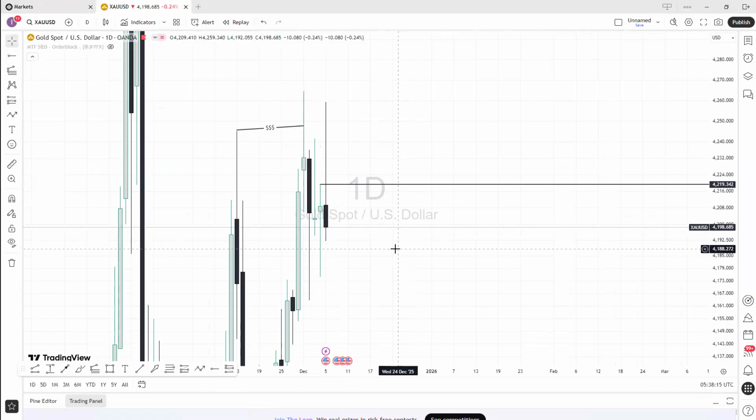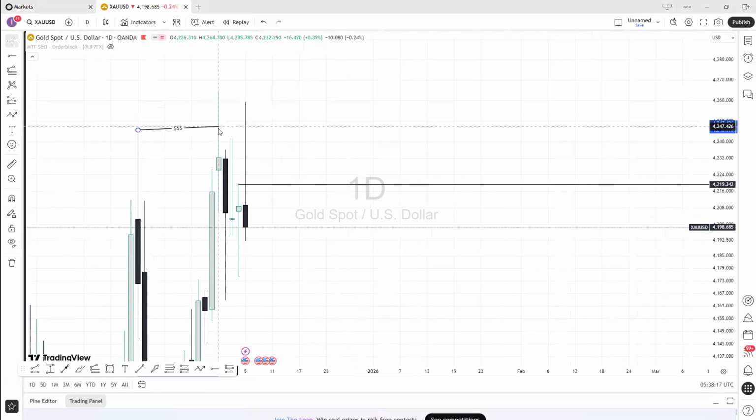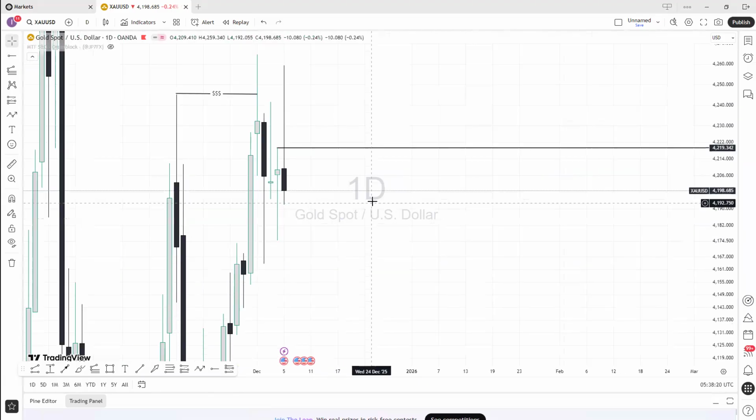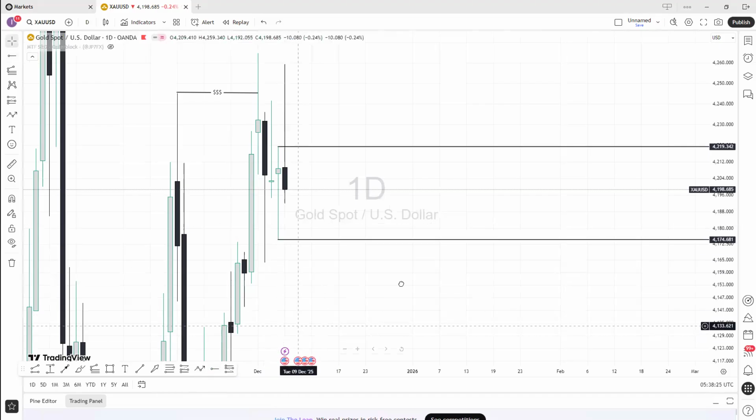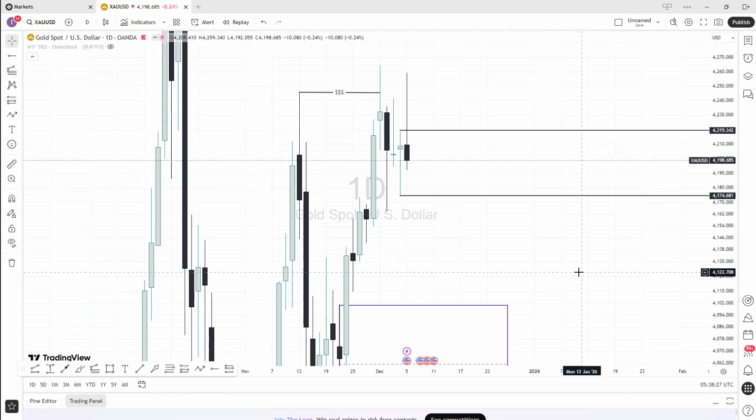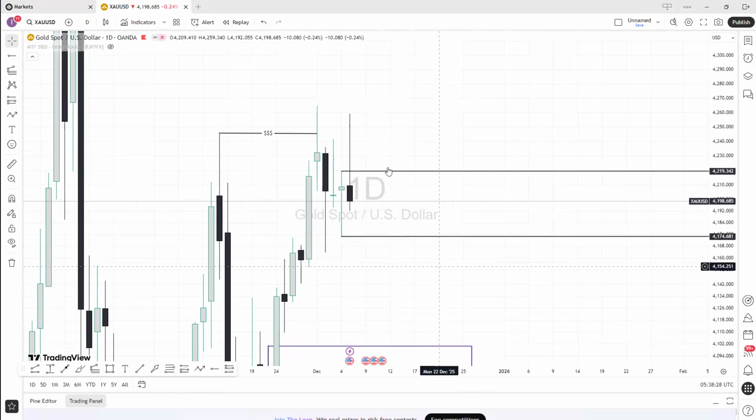You can see there is a rejection candle on the manipulation candle over here. So if there is a manipulation candle over here, taking profit number one will be on that CRT low. It created a very good CRT model on the daily time frame. We have a manipulation candle and then we have that